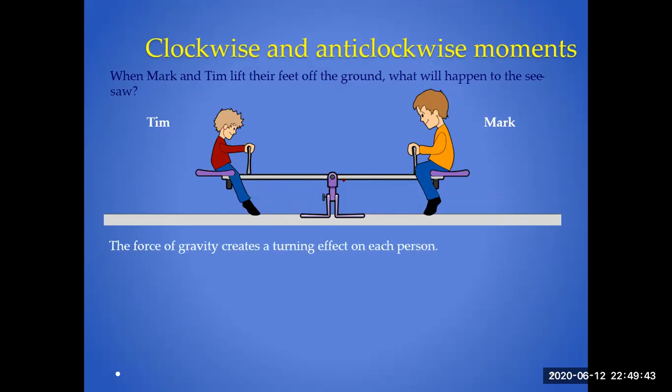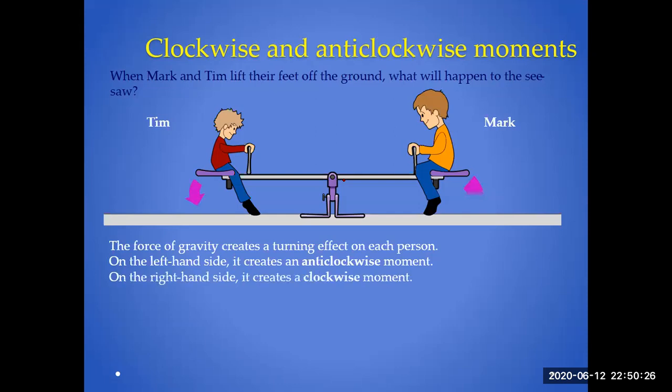So the force of gravity creates a turning effect on each person. Gravitational force is basically responsible for producing the turning effect. Now on the left hand side, it creates an anti-clockwise movement, and anti-clockwise movements are always taken as positive. I have already explained, I will use the right hand rule. I will move from x to y direction, and I will see that my thumb is indicating the direction of torque or moment. It is along the positive z-axis. I will repeat for the other side. When I move from y to x-axis, my thumb is along the negative z-axis, inward. So that's why they are taken as positive and negative.